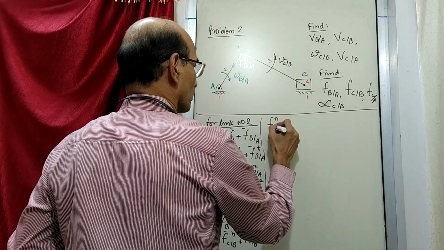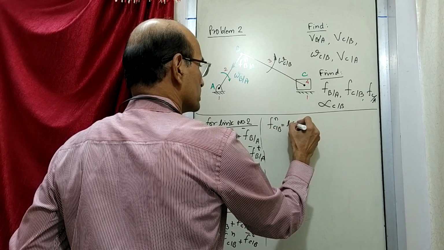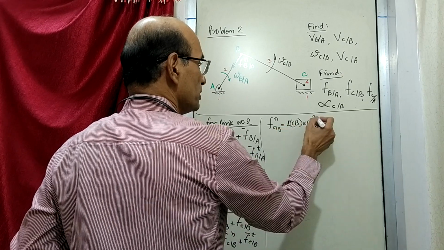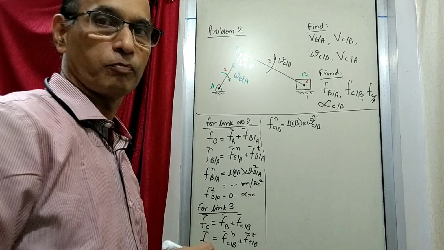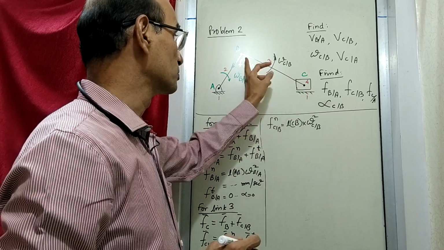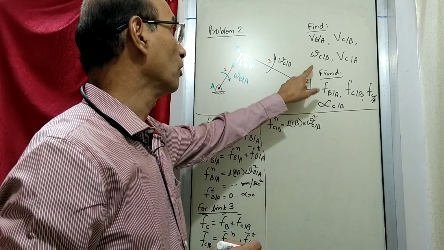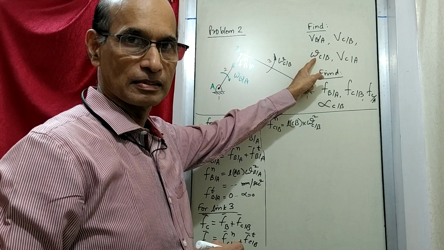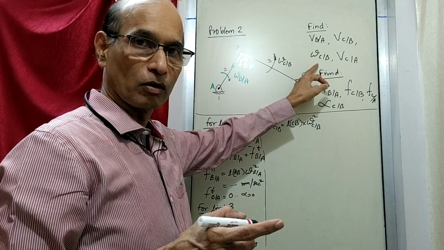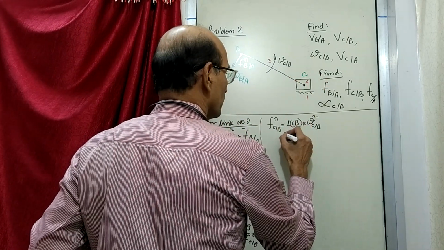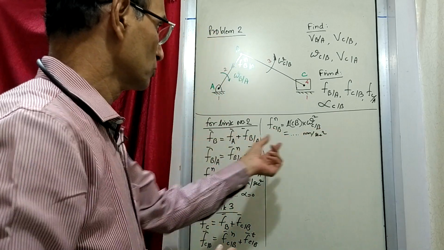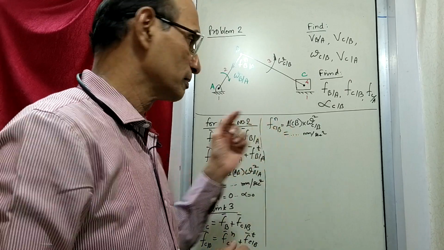Now we say the normal component, what it is made up of. It is length CB into angular velocity of C relative to B, squared, r omega square, that is the basic formula. So this is the normal component of C with respect to B, and this value we have already found out in the velocity analysis, which was initially not there, but we have drawn the acceleration and velocity polygon, and from that we worked out this. So knowing this completely, you can find out the answer of this particular vector. So we know this answer, how many millimeters per second it is.